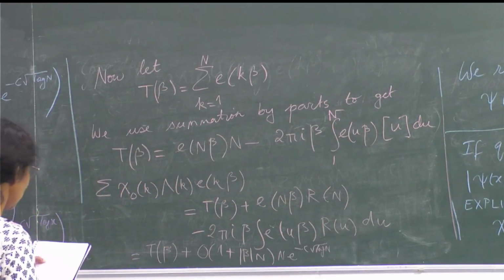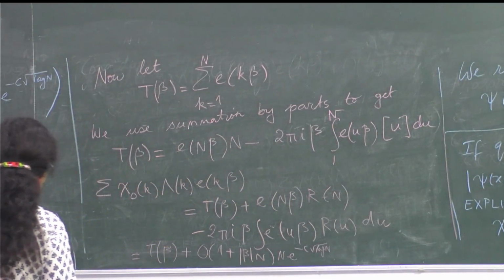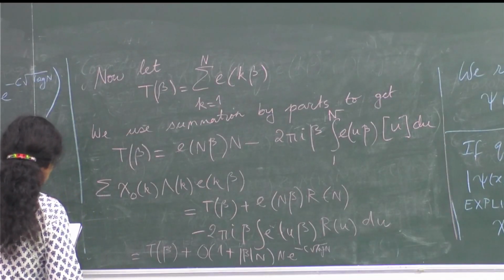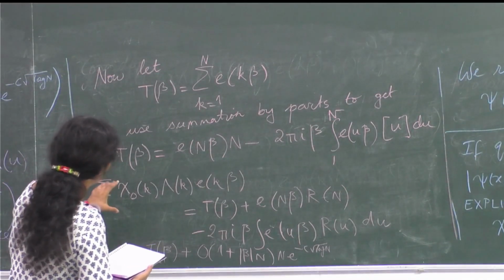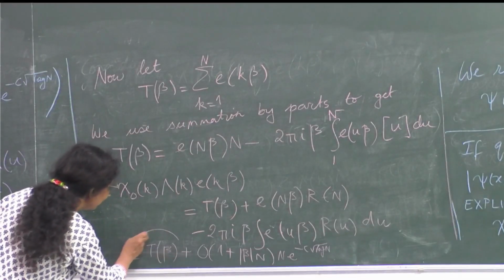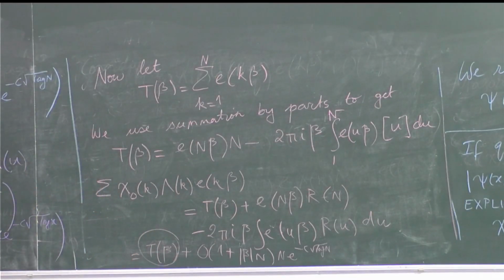Okay. So this T of beta, you can subtract it from the original formula, and then this one does not come into the scene anymore. So S of alpha is going to be